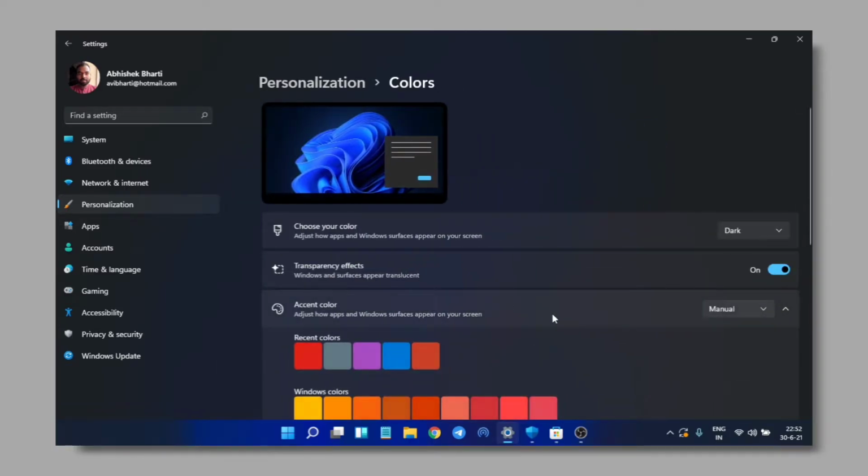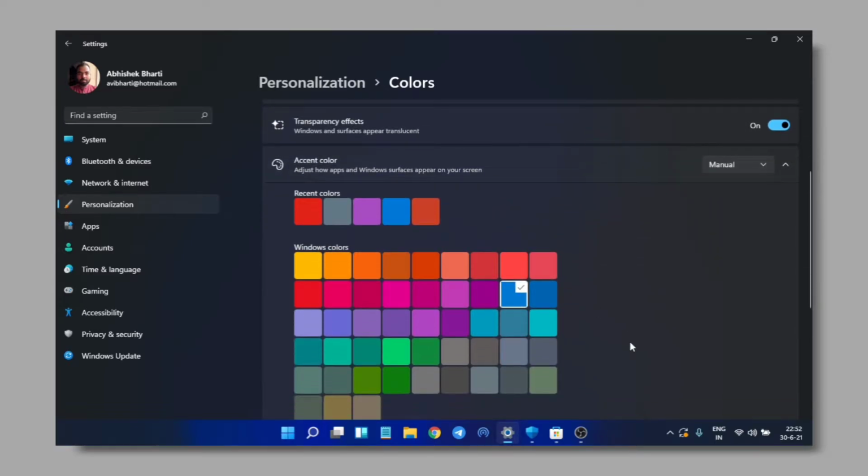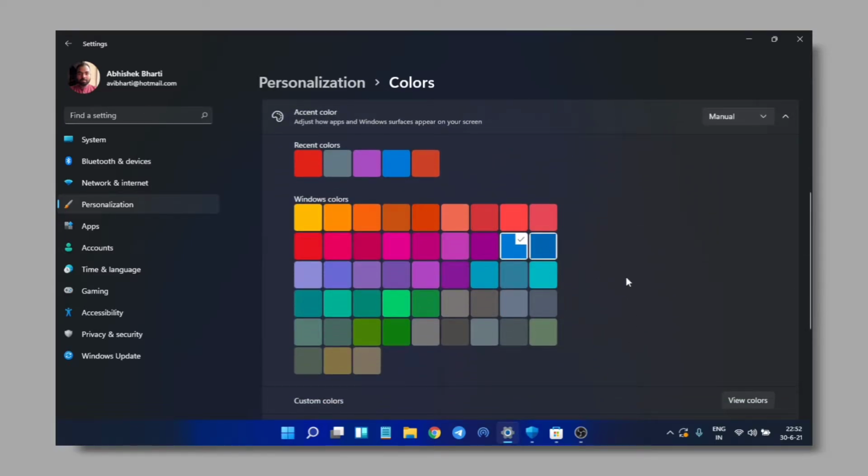Let's go to colors. This is the accent colors. Right now this is blue because of the theme. So if I want to change it to this blue, let me see what happens. Bear with me, guys, my computer is a little bit slow because there is no graphics and it's kind of old. Something's not happening. Let's see.